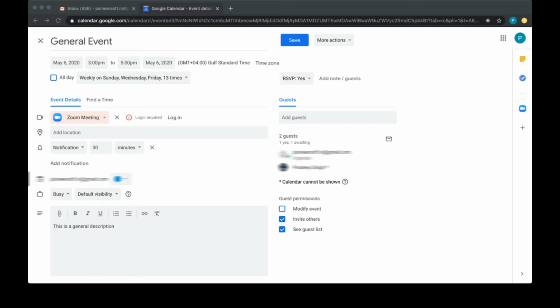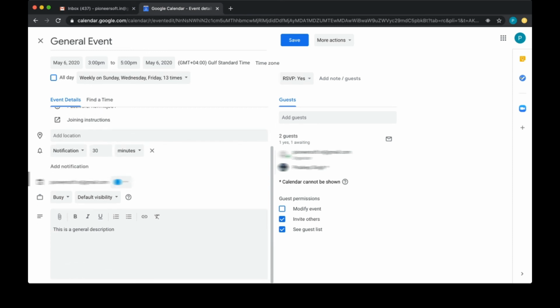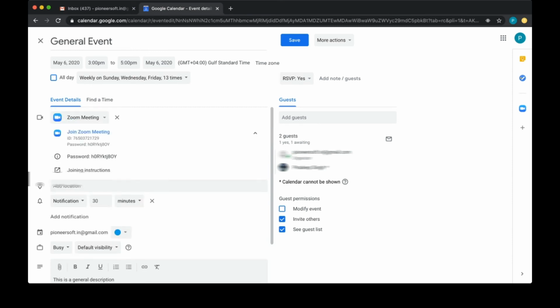Click Authorize. Now Zoom will add conferencing details to your meeting. As you can see, your meeting details have been added to your meeting.